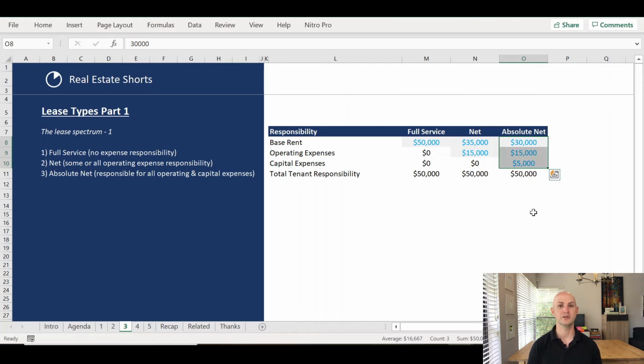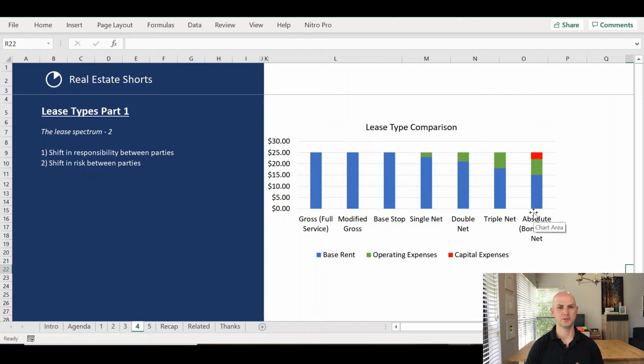And I think it's from here that we can begin to split the universe of lease types a bit further into subtypes. So we could have at one end of the spectrum, all the way on the left, gross or full service. And at the complete opposite end of the spectrum, we have absolute net or bondable leases. It's that gray middle ground that tends to get most people into a frenzied debate and certainly negotiation between tenant